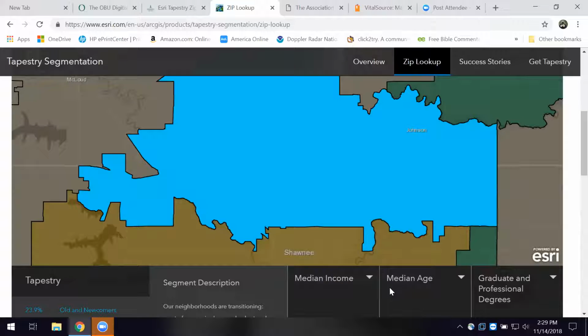Now, the nice thing about this tool is that once I'm here, if I want to look at another zip code, I can do so. You say, what's this about the zip code? Why is it so important? Okay, if you're a marketing student, here's